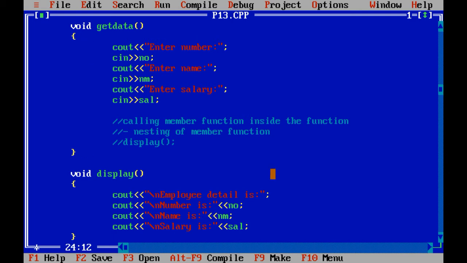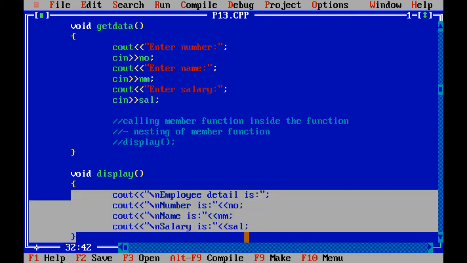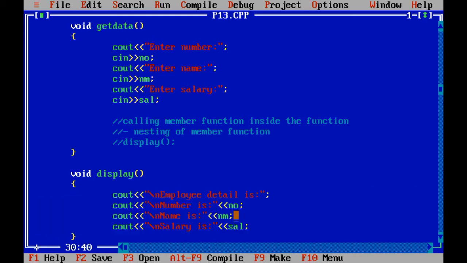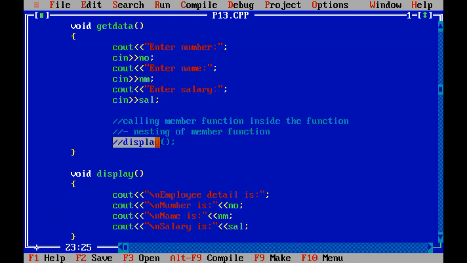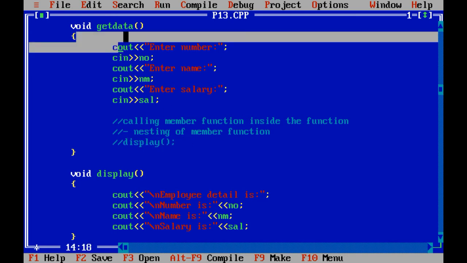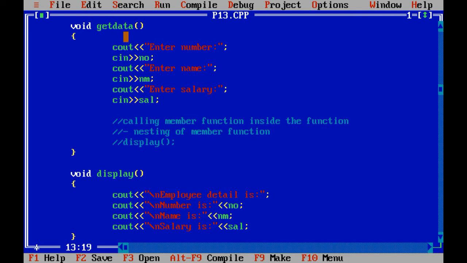See over here, we have called the display function at the last. Why? Because display will display whatever values are entered by the user, that means this one, right? Suppose I write this display line over here, at that time you will not get proper output. Why?